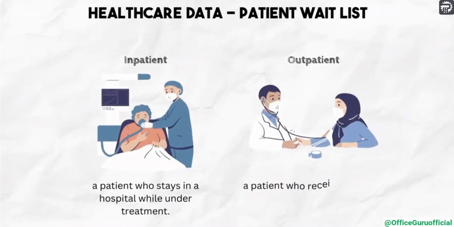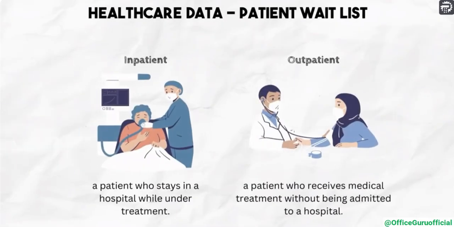This is publicly available healthcare data about patient waiting lists. And this dataset contains two types of data categories. First one is inpatient and second one is outpatient. Now, for those of you who do not understand the difference between the two, let me just quickly give you a